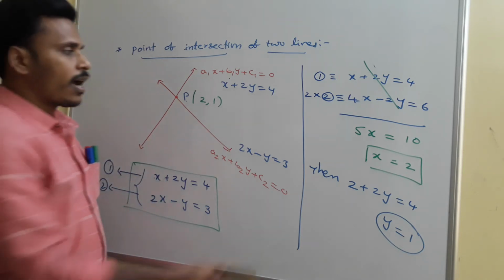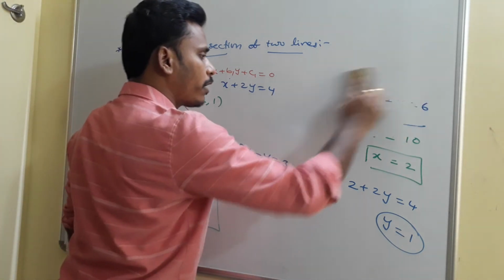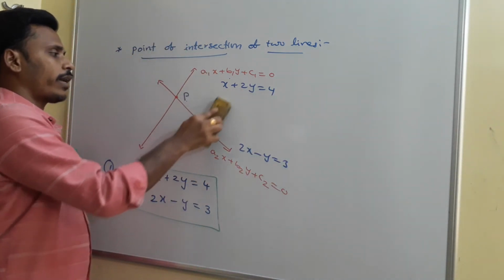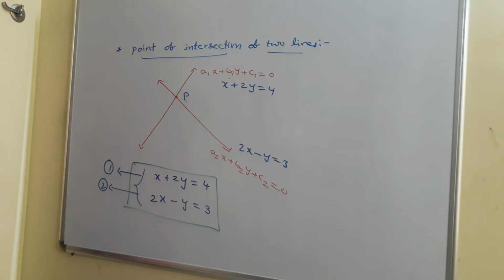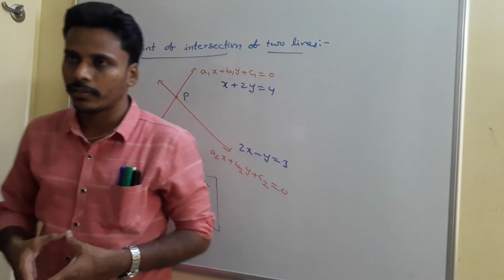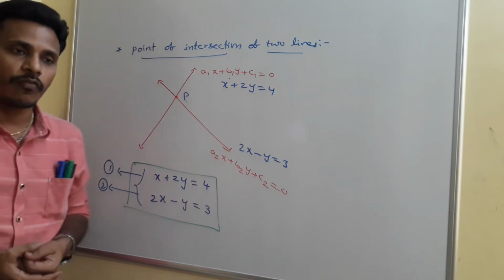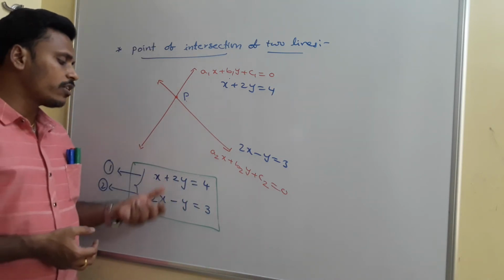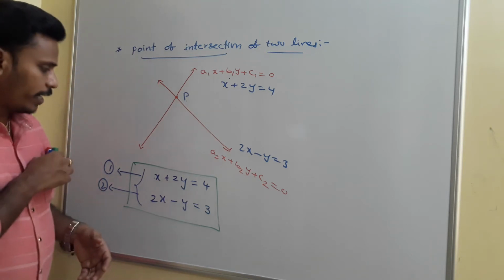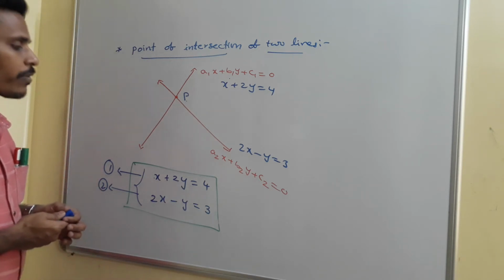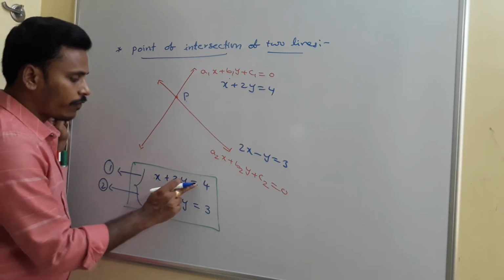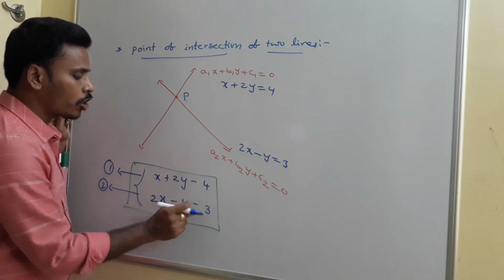I am erasing this. I am going to solve the same problem but using the determinant method, not the elimination method, right? Now our task is finding the point of intersection of two given lines. There are many ways to find the point of intersection, many ways to solve these linear equations, and one way is the elimination method, just what we did. And the next is using the determinant method, which you may call the determinant method or shortcut method.